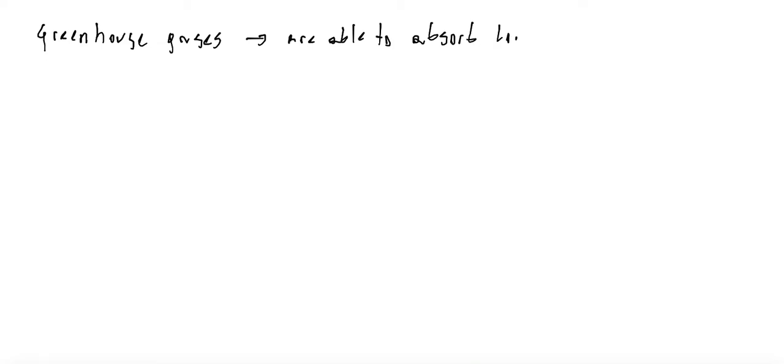Okay, so what are greenhouse gases? They are gases which are able to absorb radiation emitted by the Earth and not able to absorb radiation emitted by the Sun. So write this. Greenhouse gases are able to absorb long radiation, long wavelength, long lambda radiation re-emitted by the Earth